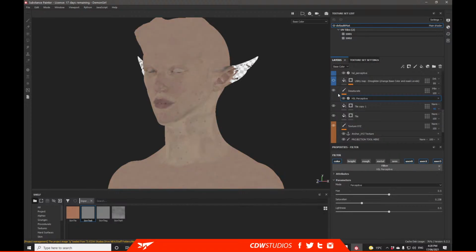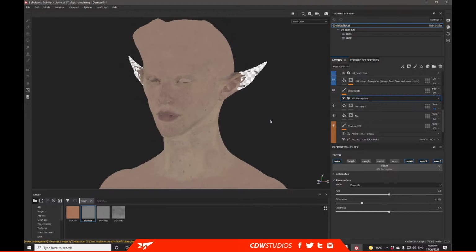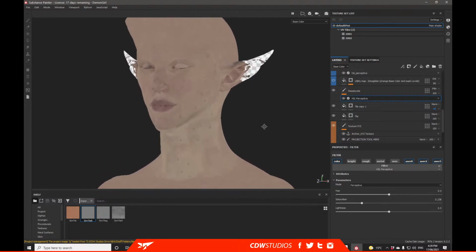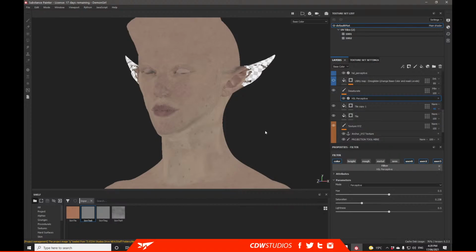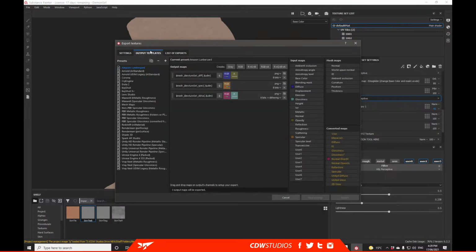So, I think we've gone about 30 minutes over. But what I'll quickly do is show you taking this out of Substance Painter and into ZBrush. It's not finished, but go to our export textures. Let's come to our templates here. I'm just going to grab this PBR metal rough and create a duplicate. And let's name that